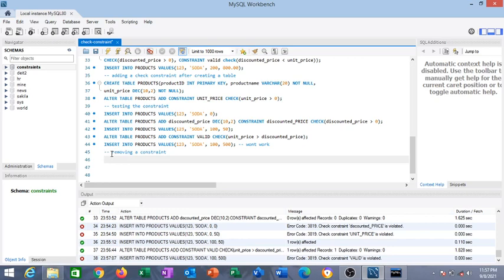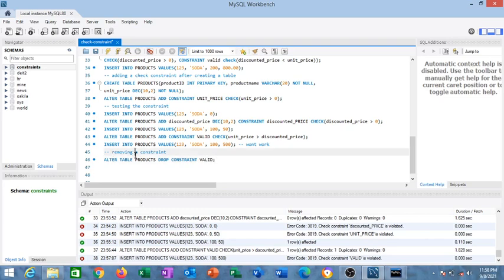You could simply use alter once again. You say alter table, table name is products. Drop constraint valid. Okay. So when we drop constraint valid,